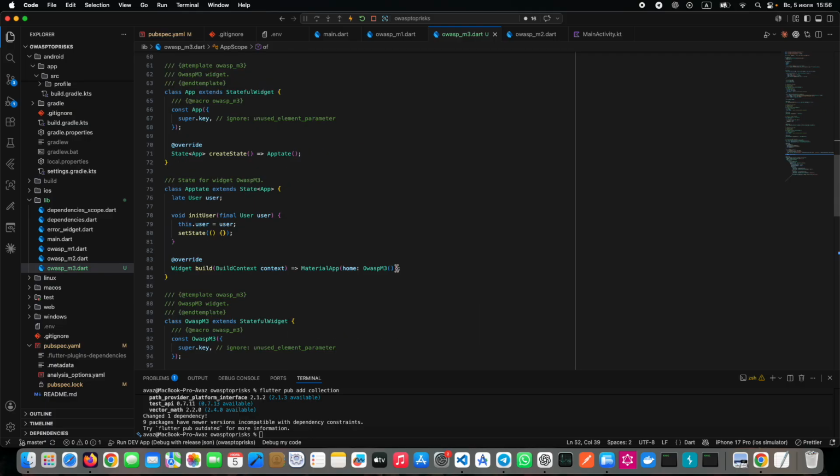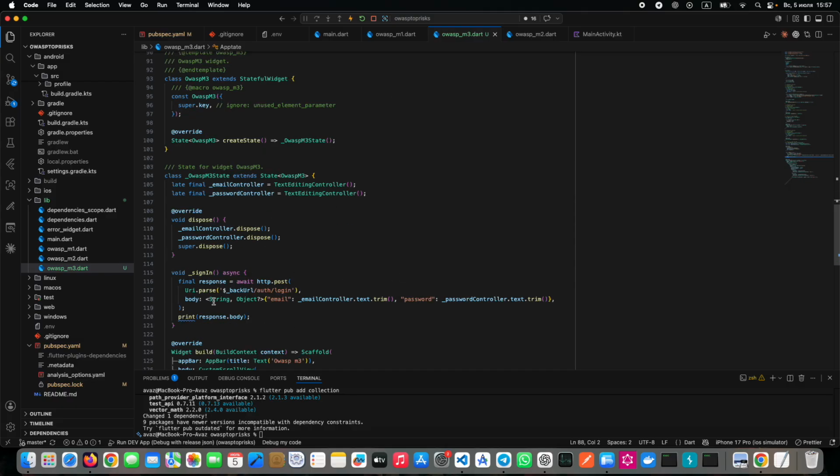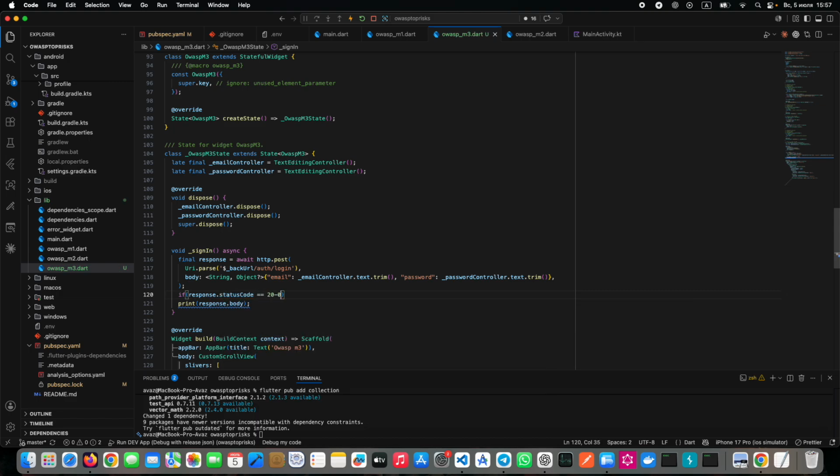And that's all. We will initialize our app scope above the material app. App scope state is this one, and child is our material app. So whenever our application's response is a success, like status code is 200,